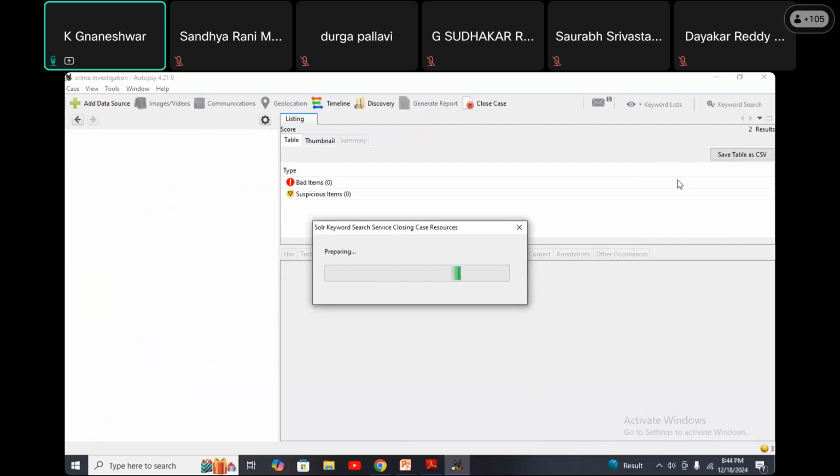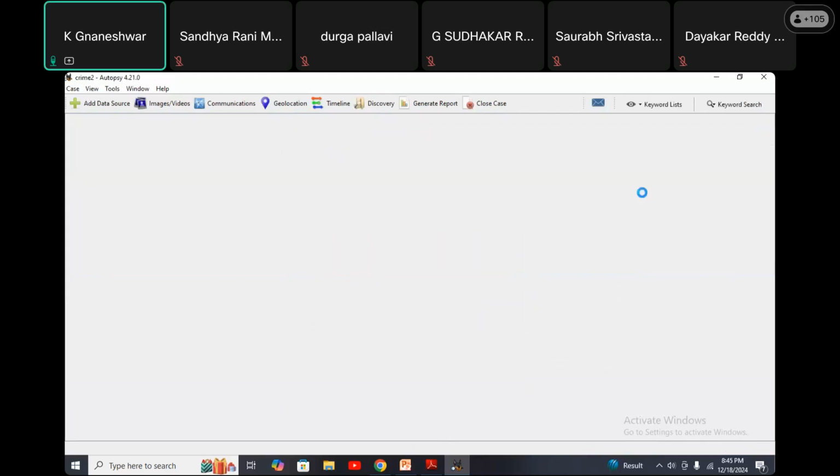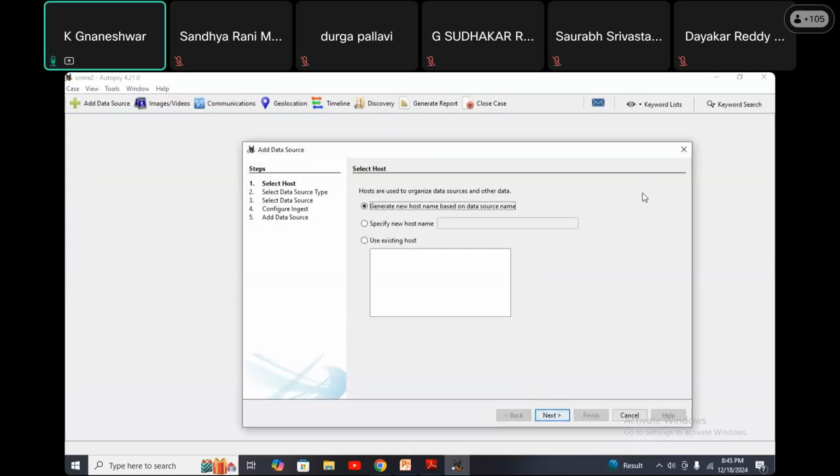Now creating one database. First we create the database and store the recovered data into the database. That is the procedure. Okay, we are giving names and details for the database. Note that in the database, data is not there yet. After analyzing and creating the reports, then the data is copied into that database. Now this is also a new host only, and next selecting the next option.